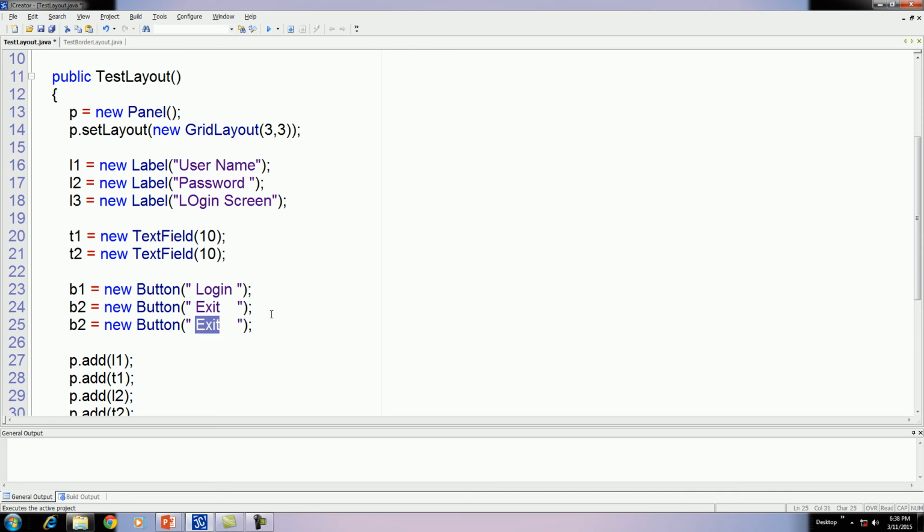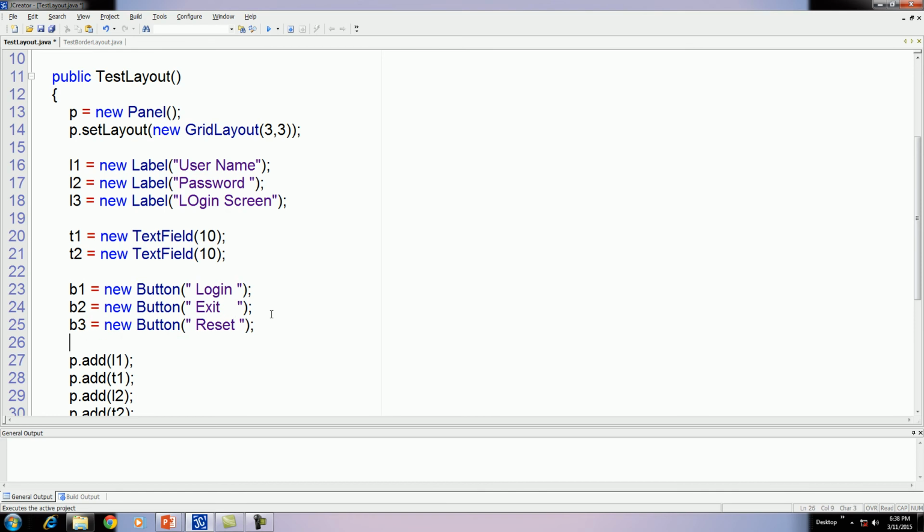Suppose here we use button for example login, exit, and suppose reset, whatever it is. Only we need here one button. Okay, here is the B3.